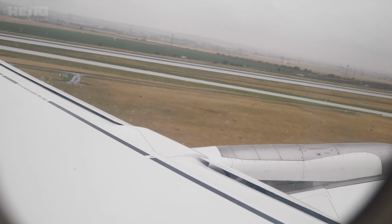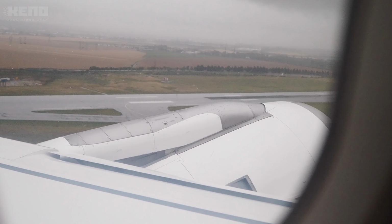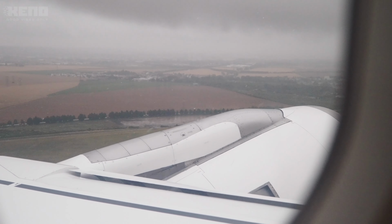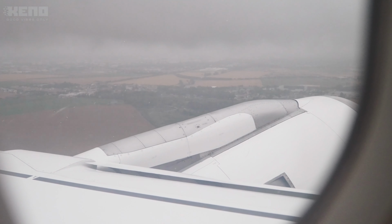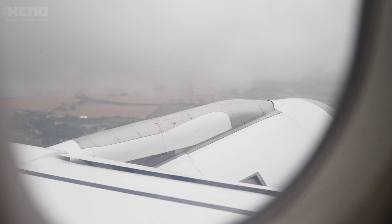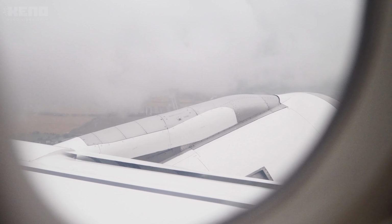The only difference is that if you're sitting in an exit row, you should be able to speak English and follow commands, and you should be strong enough to be able to open the exit window. Trust me on this, I used to be a flight attendant, and also the main reason why we need to have the window shades open during takeoff and landing is because we need to be able to see the engines and the aircraft's wings, make sure they're not on fire, or make sure we're not being followed by some weird aircraft or some kind of Russian fighter aircraft,